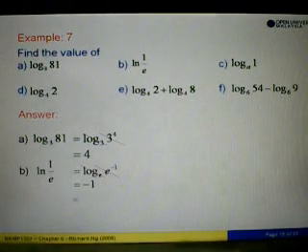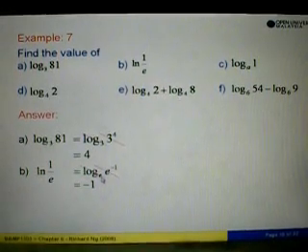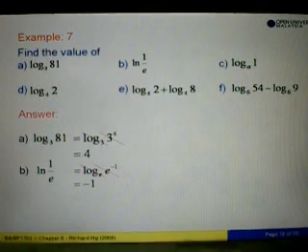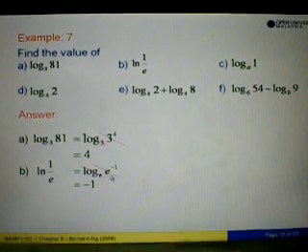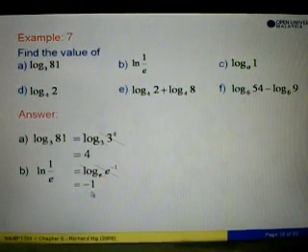Alright. In example B, we have ln of 1 over e. Now ln here represents log base e. Okay, e is an exponent, right? So for ln of 1 over e, we can change ln to log base e, and then 1 over e, we bring e to the top, we will get e to the power negative 1. So now log e and e we can cancel, so the answer will be equal to negative